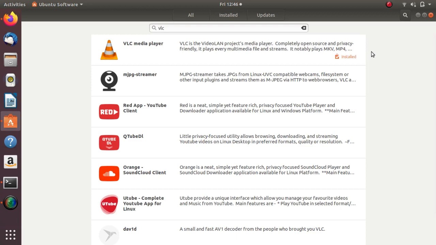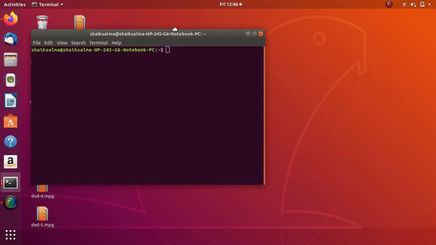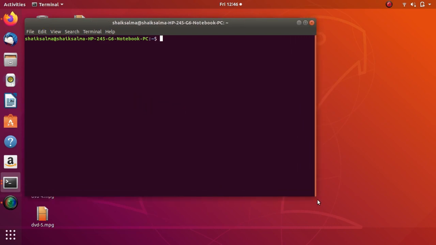After that, another way of installation is to open your terminal. If you want to install VLC player, then you can type here sudo space apt. Sudo is nothing but super user do.